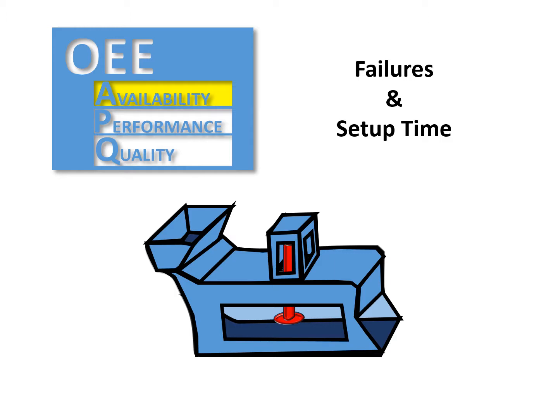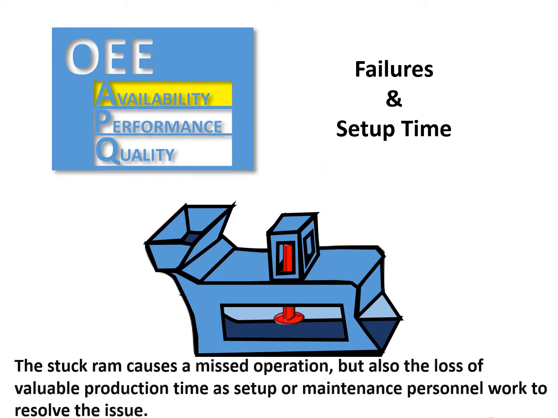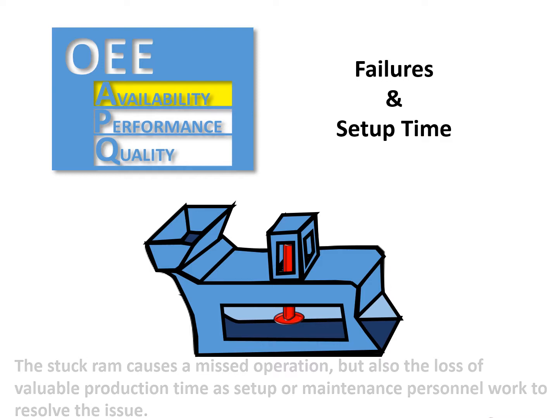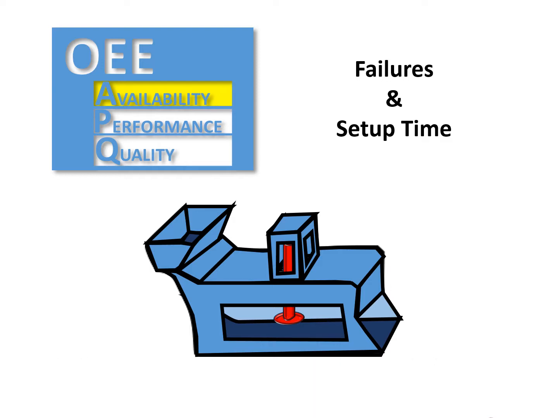In the instance seen here, the red plastic ball is fed into the machine, and the internal conveyor carries it under the ram. But the shaft is stuck, causing the ball to exit the machine without being stamped. We call this a missed operation. This event or downtime loss is felt at least twice. We're hurt by the loss of manufacturing capacity, as well as the setup or maintenance work needed to resolve the issue. Of course, there is the issue that the red ball either moved on to the next operation or is